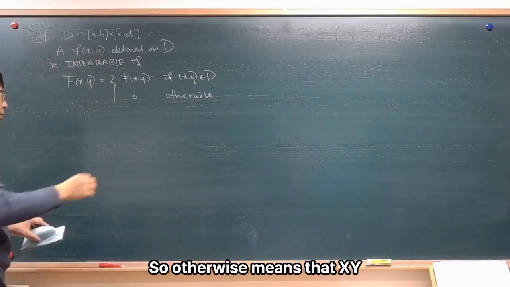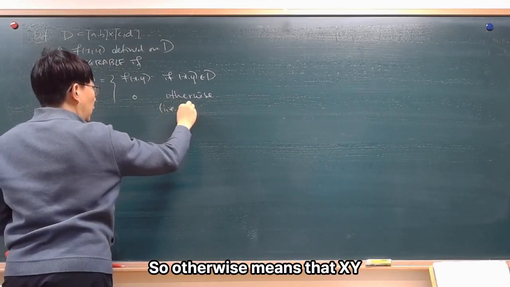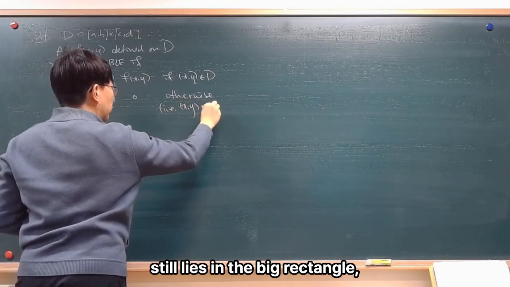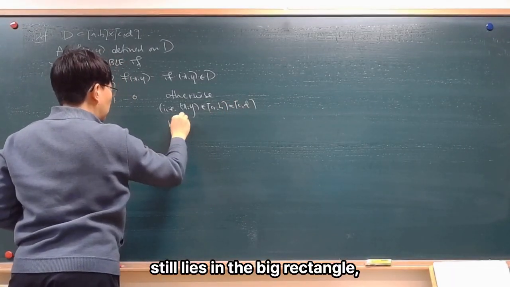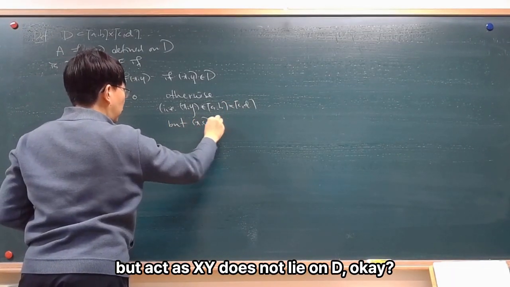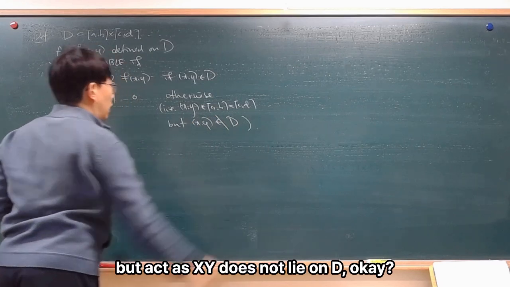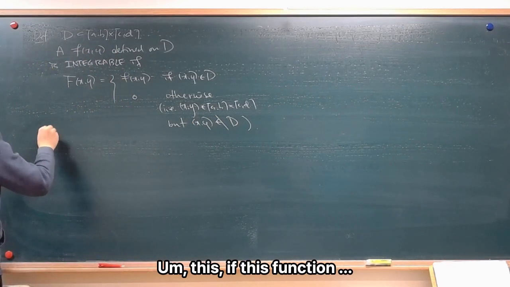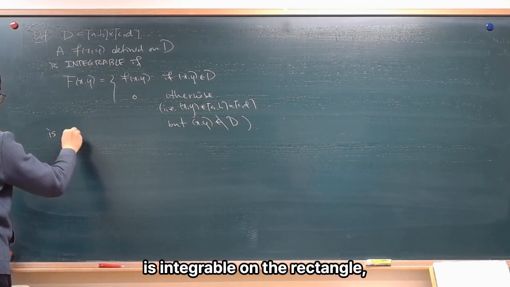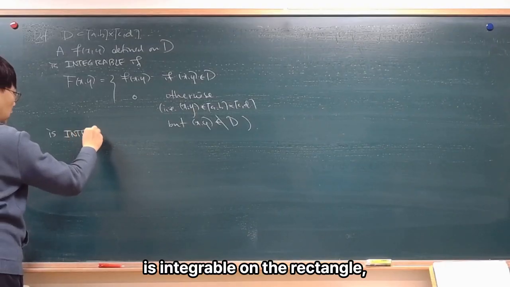Otherwise means that x y still lies in the big rectangle, but x y does not lie in D. If this function is integrable